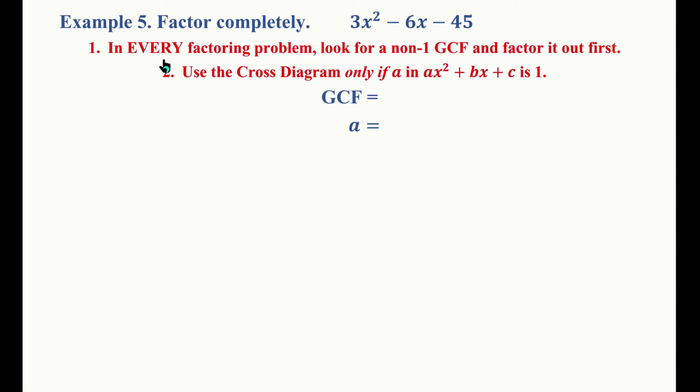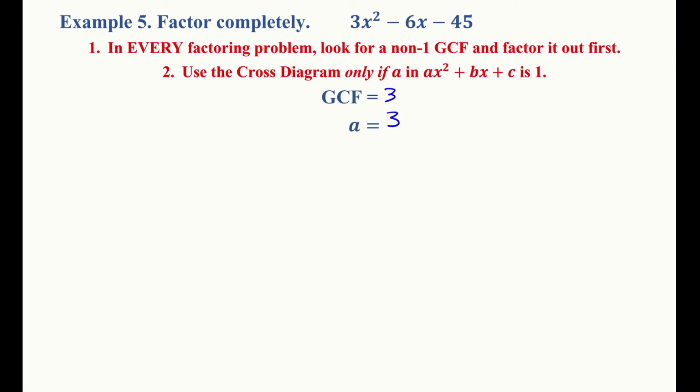Okay, so we have always been looking for a GCF other than 1 to factor out. We haven't had much luck until this one, right? We notice there is a GCF of 3. And also notice as it stands, A is also 3. So we have a GCF of 3 and A